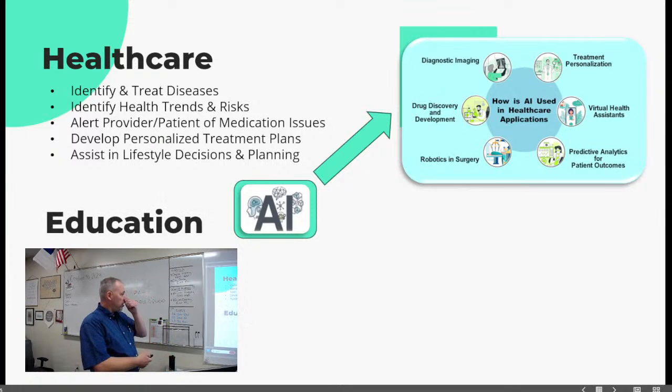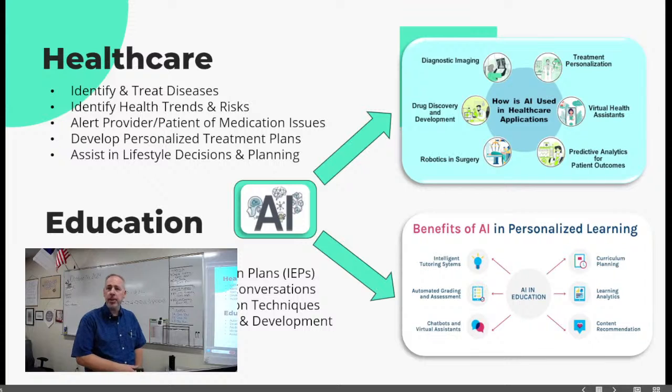Cool stuff. Education. I just eat this stuff up. I shouldn't. Automated grading. Being a former educator in a high school system, I would have loved this. I have had a couple of students with IEPs, individual education plans. At that point, you're not grading, you're just setting goals. I heard a comedy skit on that, which totally fit me. But you're creating goals for that child, so you can do that a little easier. Facilitating parent-teacher conversations. I have no idea how AI would help with that, but apparently it can.